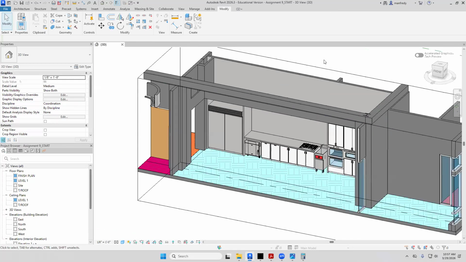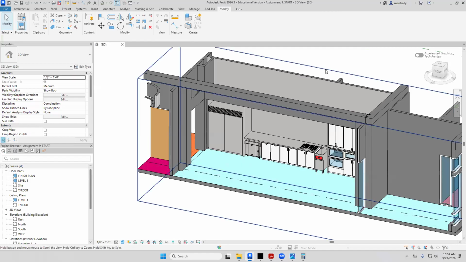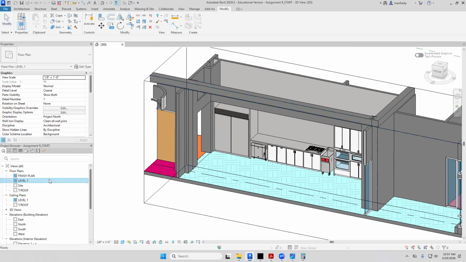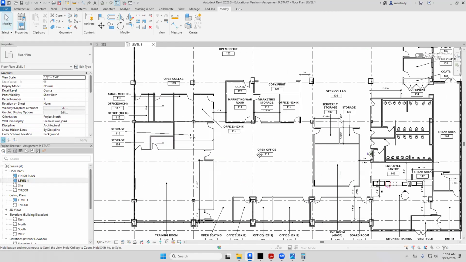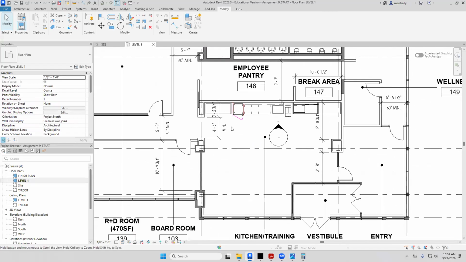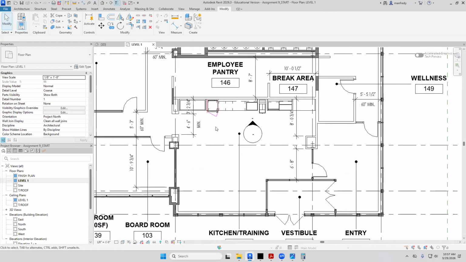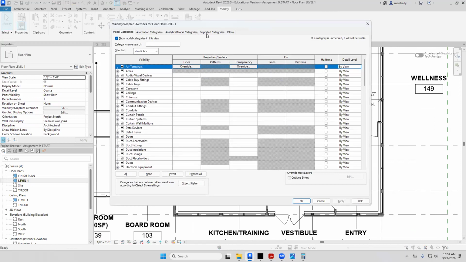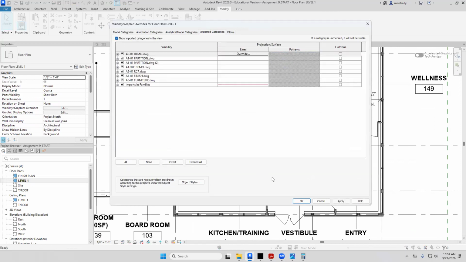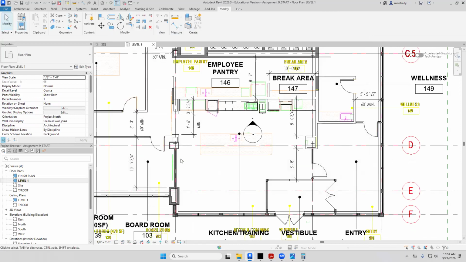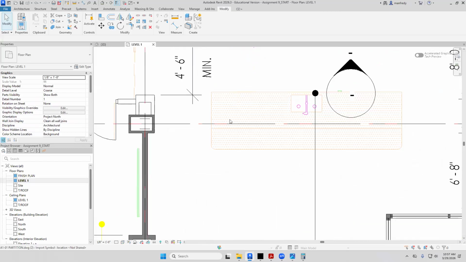Okay, for the final part of the assignment, I want to walk through this kitchen island concept. So here in the level 1 view, I'm just going to turn on the CAD file so we can see exactly where it's positioned. So here's the countertop. This top here is lower than this piece here. This is up higher. There'll be chairs up across this backside here, and so there'll be a series of cabinets